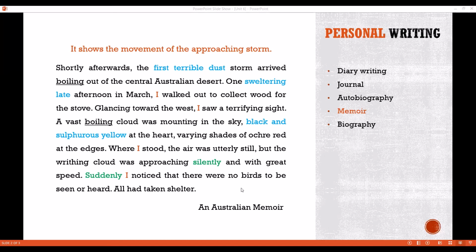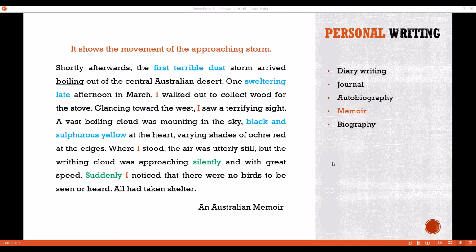What describes the noun? That is how the memoir is written. In a memoir, what are the conventions? This kind of conventions I'm talking about. Diary writing has different writing rules, a journal has different writing rules, and a memoir has different writing rules. In a memoir, the first person is used. Second thing, if you're describing something there, then you need to use adjectives and adverbs.